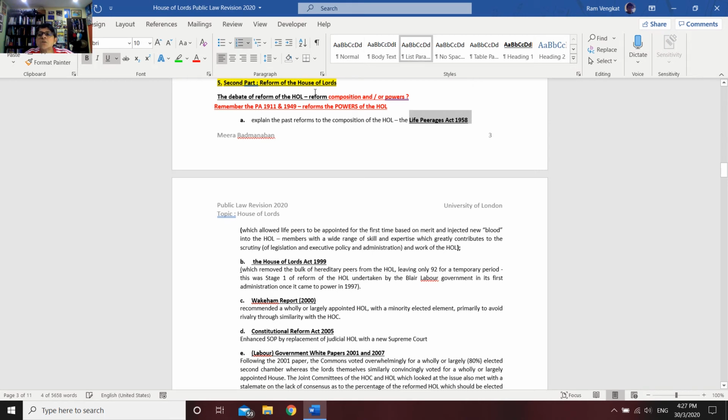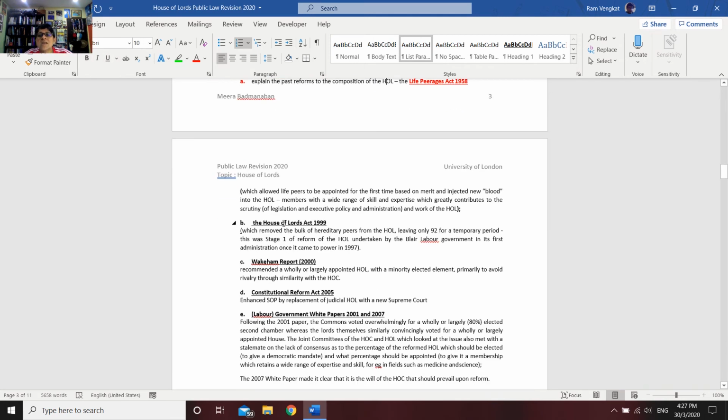I'm going to put that in red so you remember. Why is that important? That changed the composition of the House of Lords to allow for appointed peers. And then we come to the next reform, and that is the